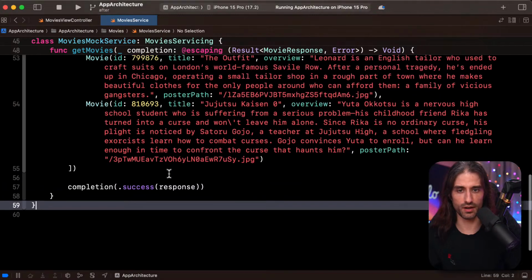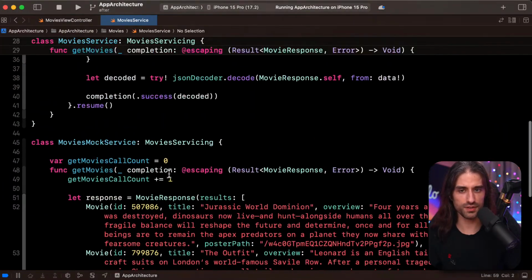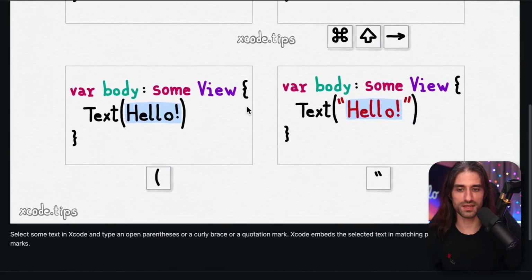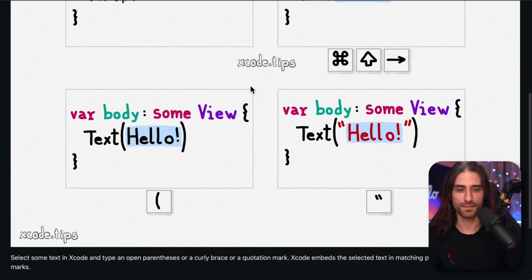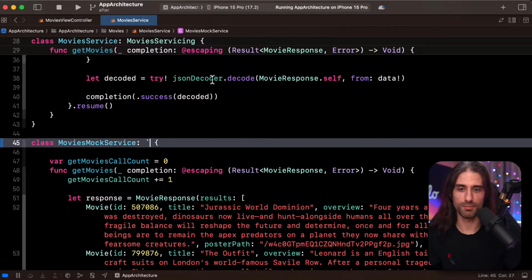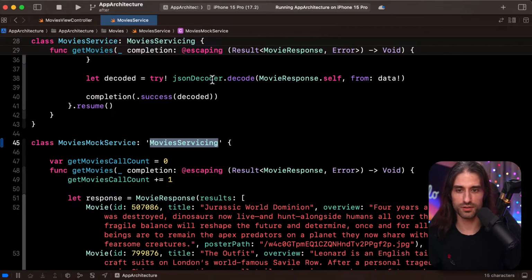I've used this one a lot, and you don't even need to remember a shortcut. You just need to remember that when you select something, you can wrap it around other characters quite easily. So this one is definitely one that I would recommend. It doesn't work for back quotes, but it works for single quotes also.